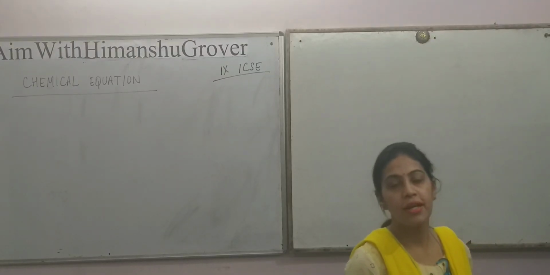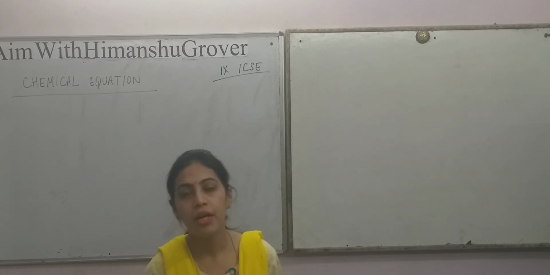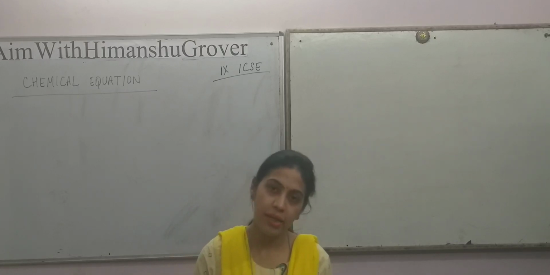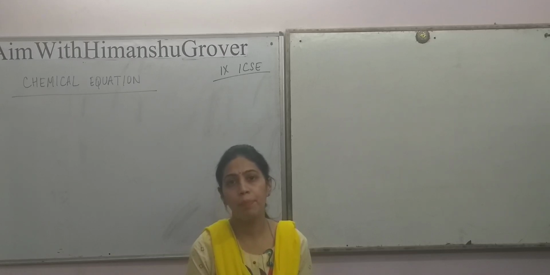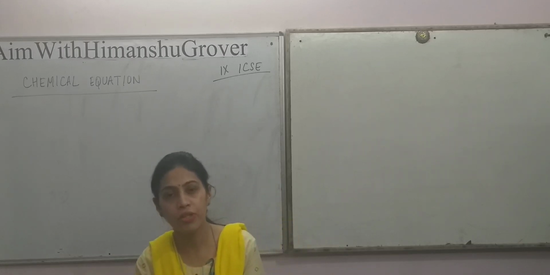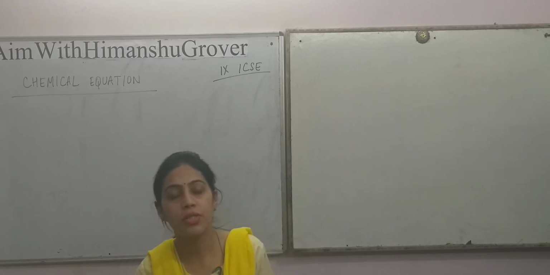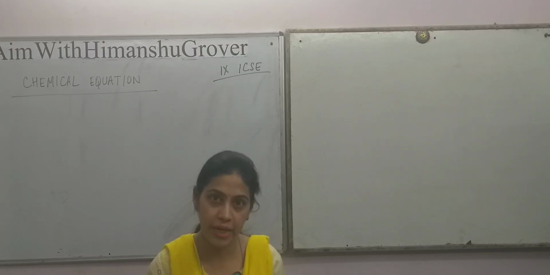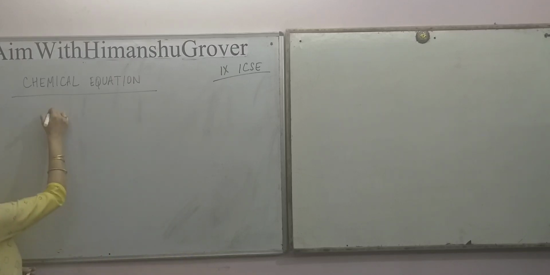Good evening, students. A number of chemical reactions takes place around us every day. For example, cooking of food, burning of candle, burning of coal, and many others. If we take an example of burning of coal, what happens when coal burns with oxygen, which is present in the air? When coal combines with oxygen present in the air, it reacts to form a gas, carbon dioxide gas. We can represent it on paper as coal or carbon